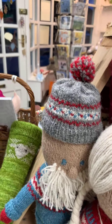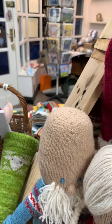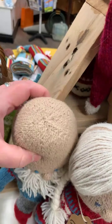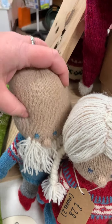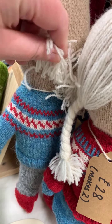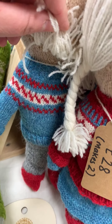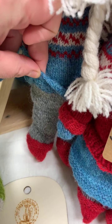Now this always makes people squeak, because if I take Sven's hat off, he's got rather a long elongated head. The reason I'm showing you is this is where you start. You start Sven from the top and you knit down. I've just seen a shawl fall. Change colour at his neck, knit down, cast off his jumper, and then you pick up stitches and knit down,